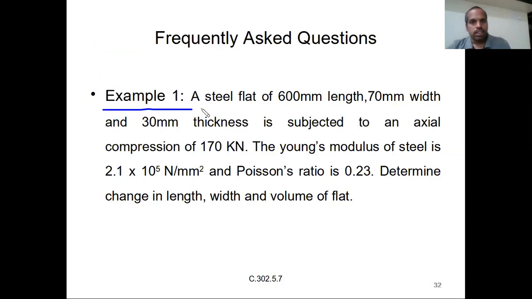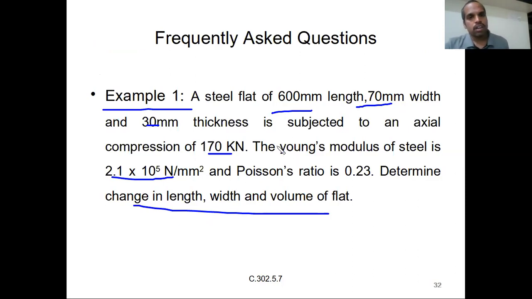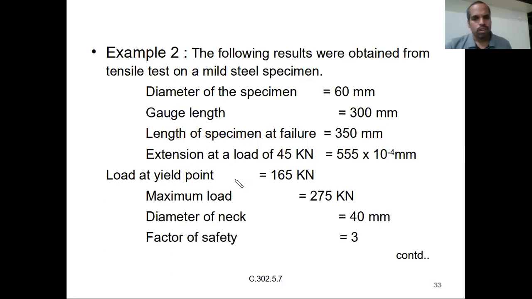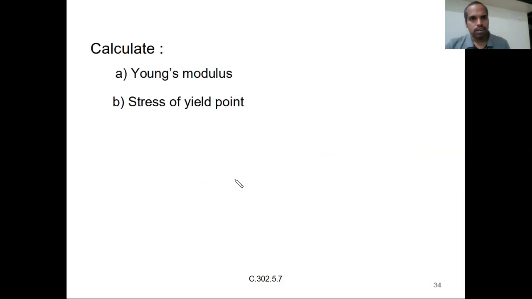The data may change. This is only for the model. The loads and dimensions may be different, but we can expect similar problems, not exactly the same problems. There may be changes in data as well as in some of the questions. Even though we have solved this question, with the same values given here, there may be some change in dimension. The parameters asked may be different too, not always in the same manner. Okay, right. So like this you have to calculate, and let us start here.